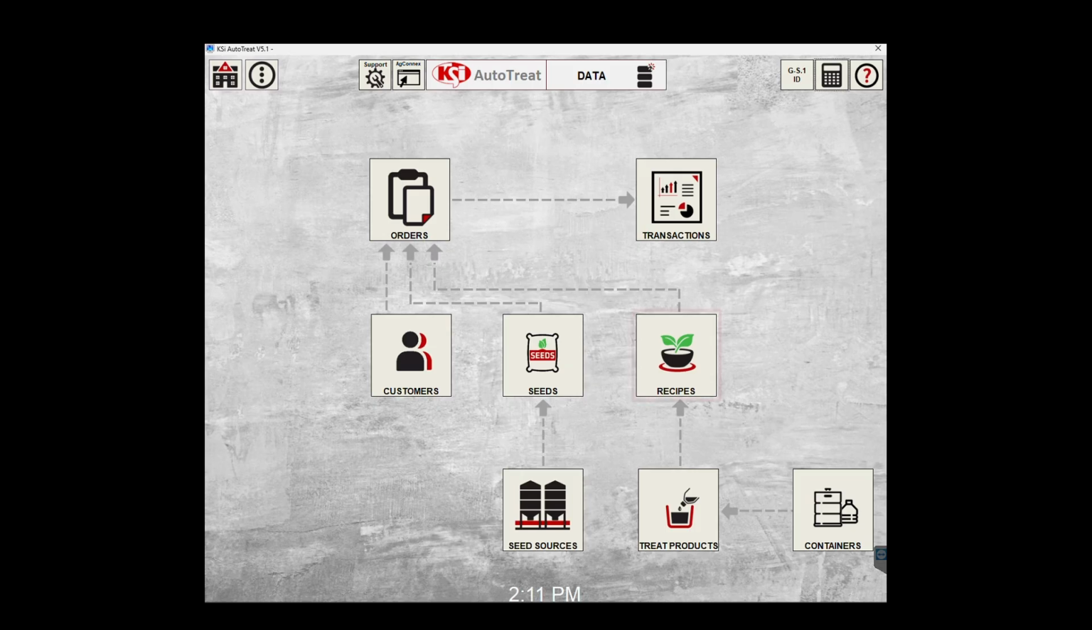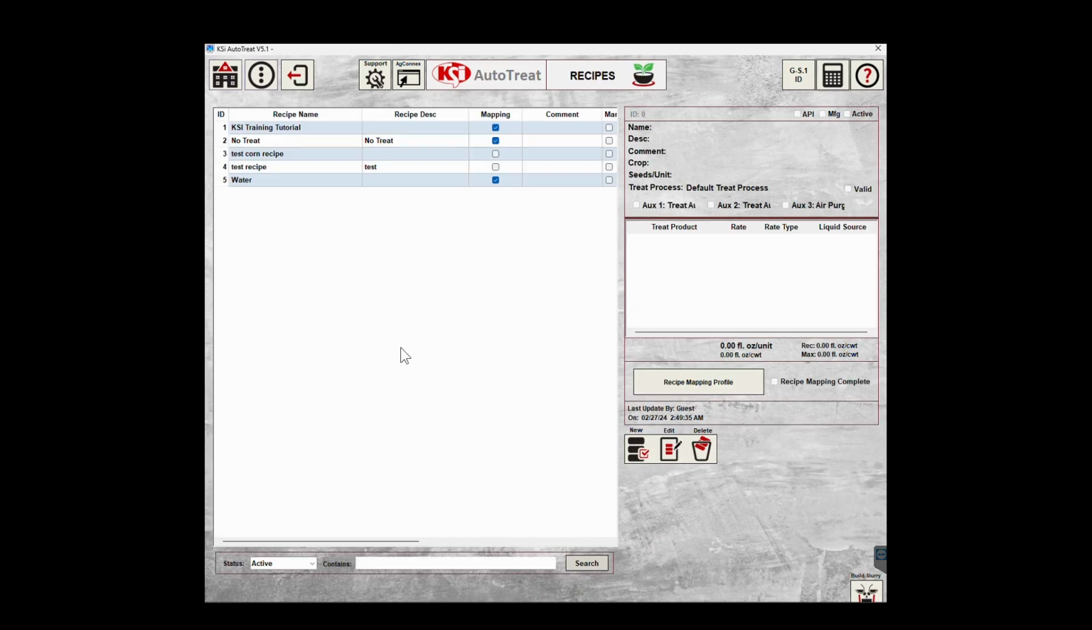Recipes can be viewed, created, and edited from the recipe selection. When entering an order, the recipe options available will come from the active recipes defined here. A recipe is made up of one or more treat products selected from the treat products the user has added into the system, along with an application rate measured either in ounces per CWT, or 100 pounds, or ounces per